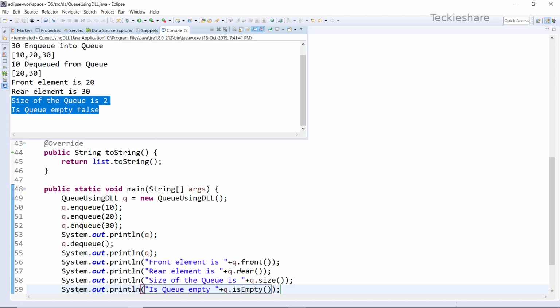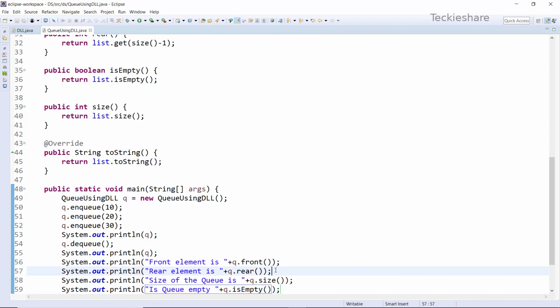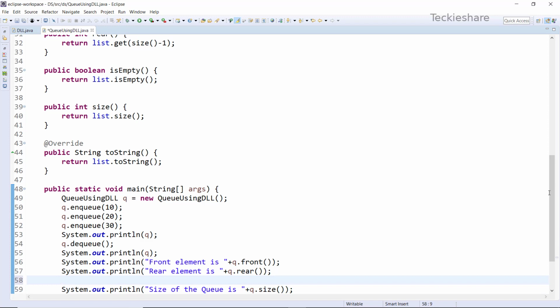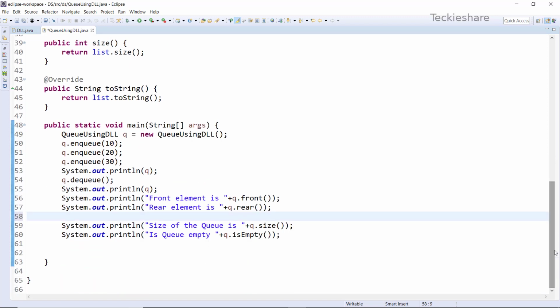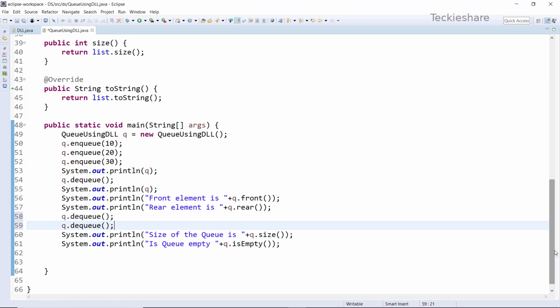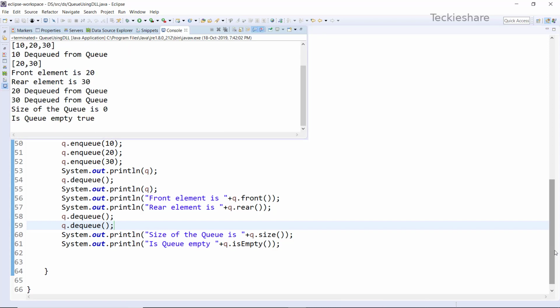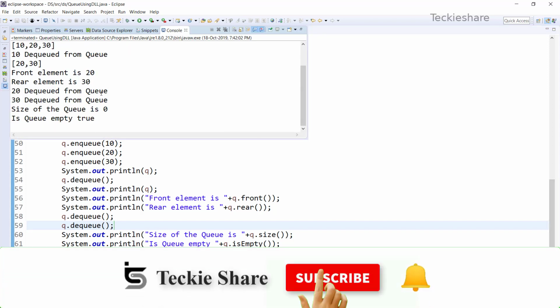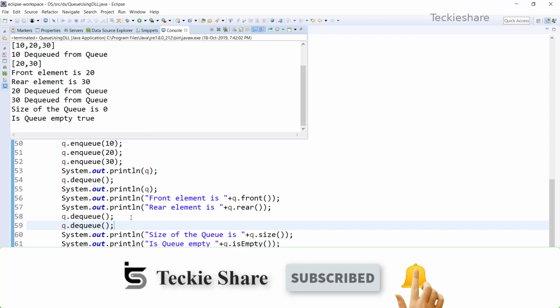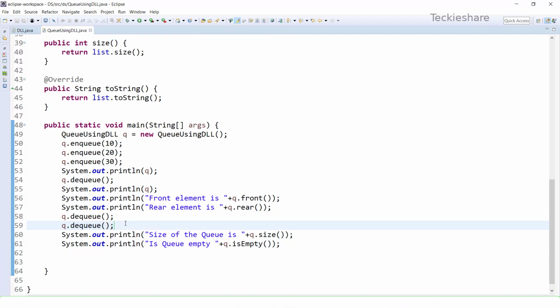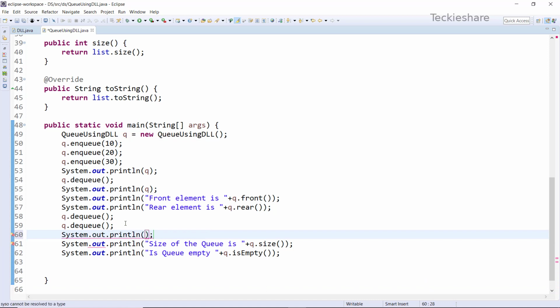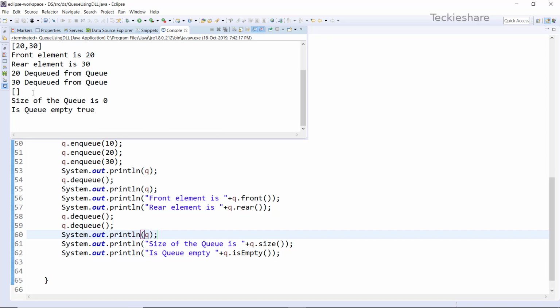Now I'm going to dequeue the data from my queue. For that purpose I'm simply dequeuing those 2 elements from my queue. So using the dequeue method, first when I perform dequeue, 20 will be removed from my queue, afterwards 30 also will be removed. Right now there is no data in my queue, the size will be 0 and isEmpty will be true. Exactly, it works as expected. For verifying purposes, I'm simply printing the queue data with sysout, so it will display as an empty array. Exactly, it works. So that's all about the queue implementation using doubly linked list.